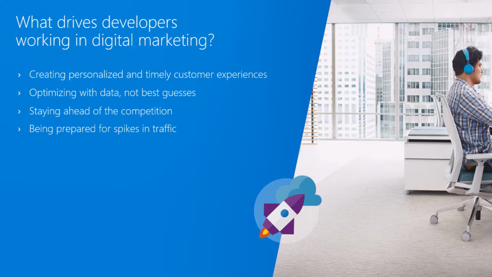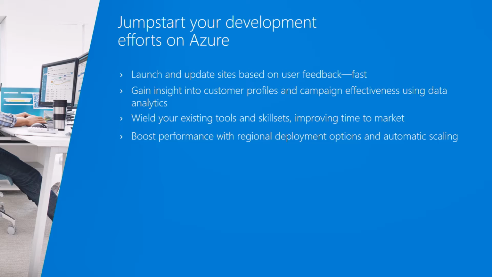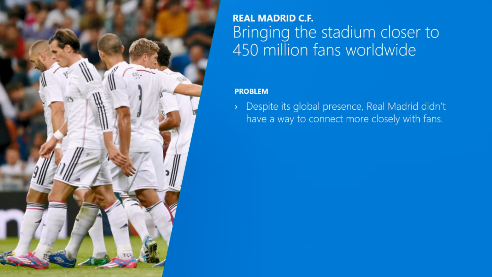You may have heard there was a little debate last night on the TV, and a certain person in that debate's website went down last night for about 2 hours. So they could have used Azure App Service and it would have stayed up. But it's those types of things that, it's IT's problem, but really it goes all the way up to the top of the stack of the people that own the content on that website. And you should understand as a digital marketer what the implications there are of spike traffic and how IT are going to look after that. So there's a few other bits and pieces there, but I'm going to go into this particular case study.